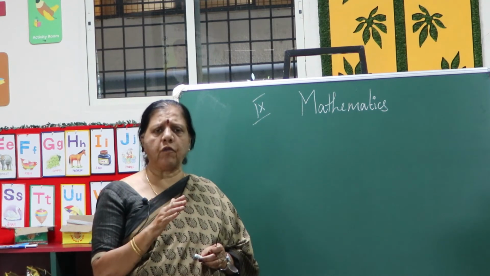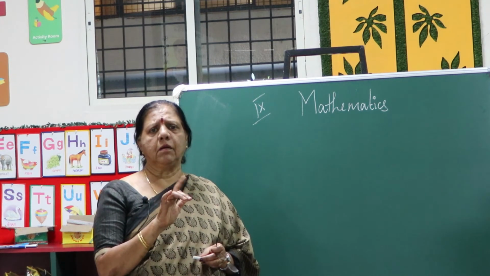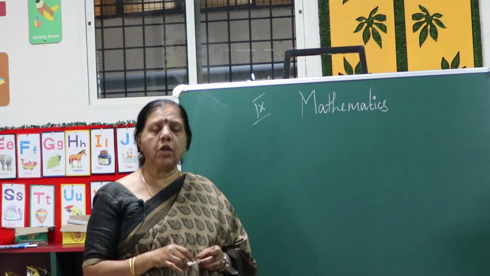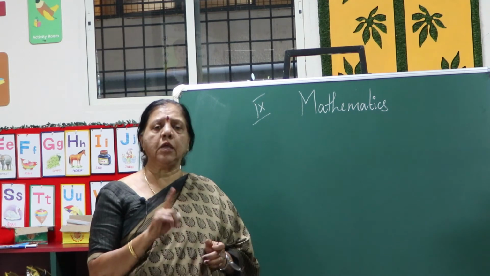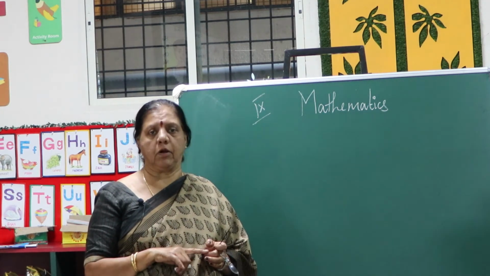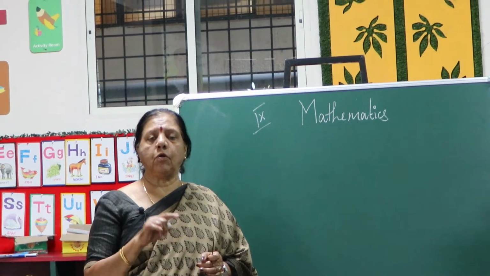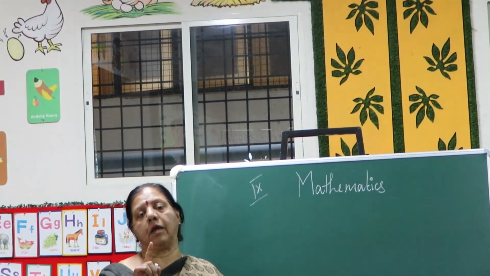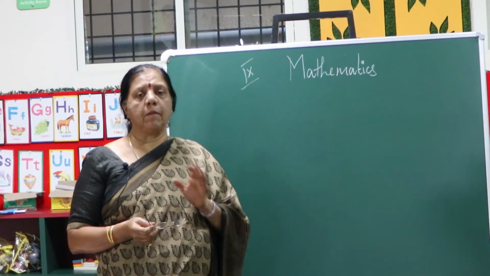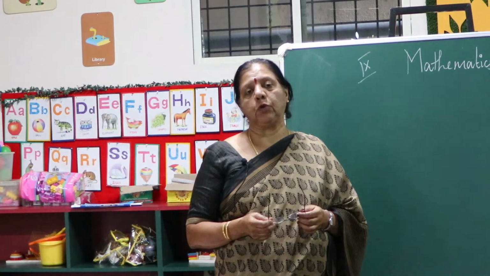So if you don't follow, once again repeat my teaching, so then you can solve the problem. Now same thing, real number, irrational number and rational number. Related to that, number line I am going to teach. So take for example, you know number line. Number line is very easy to write.